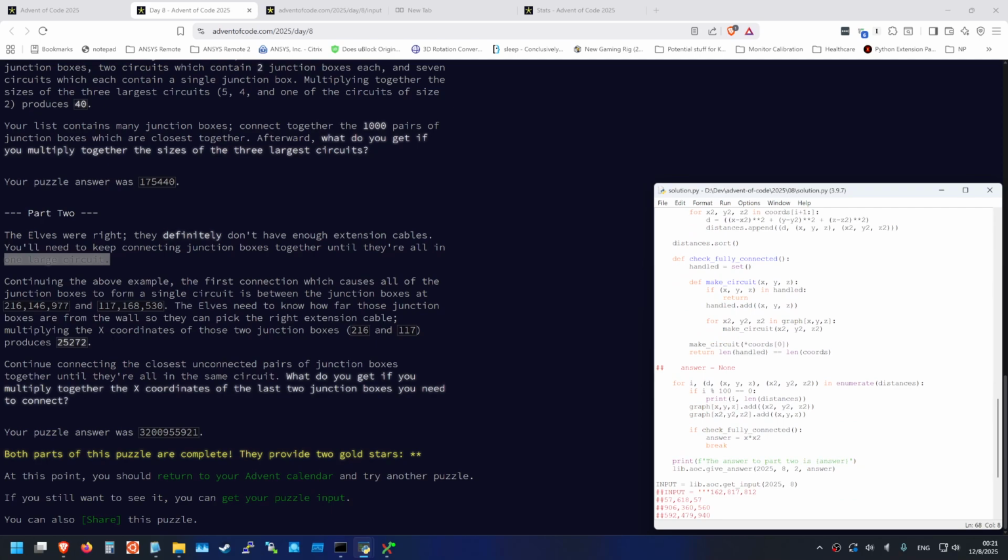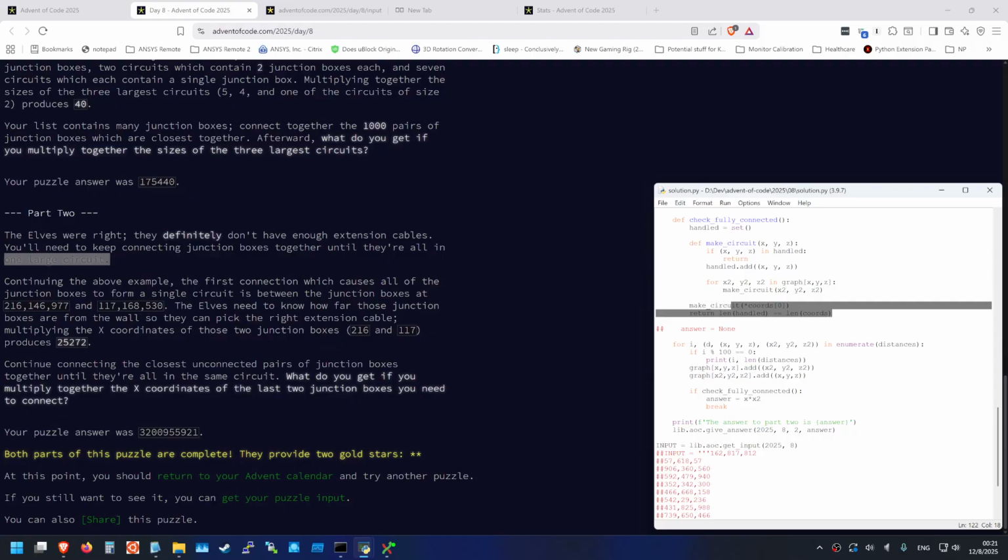In part two, just pretty much the same thing. As we're making the circuit, we check if it's handled. So we return. If not, add it to handled. And if we've handled everything, that circuit that we're trying to check from the first junction box is everything. It's the full circuit. We are done. So yeah, if that contains everything, we're done. And we just loop over all the potential connection points